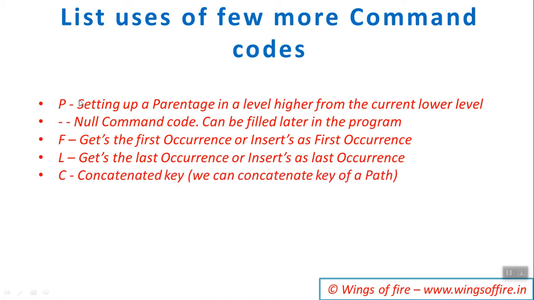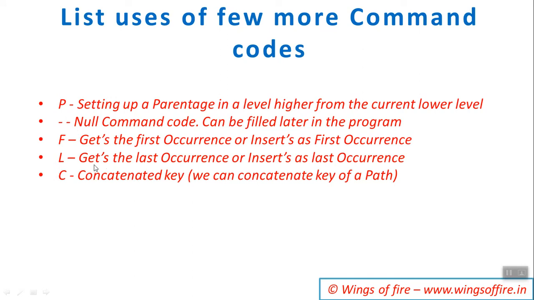F is to get the first occurrence, L for last. For example, by default you are going to get the first occurrence, but if you are going to insert first, you can use F, because an insert always inserts at the end. F and L will not work for the root segment, they will only work for child segments. Again, there are some restrictions based on the access method, and some restrictions based on the key. If you have sequence and unique or sequence in your child segment, it is going to follow the same rules. It will not violate the rules when you are inserting.